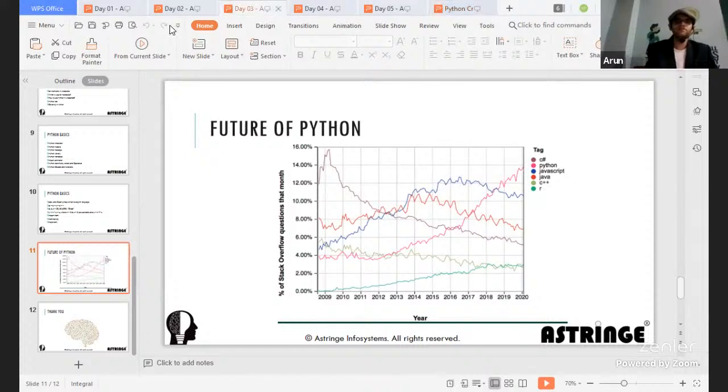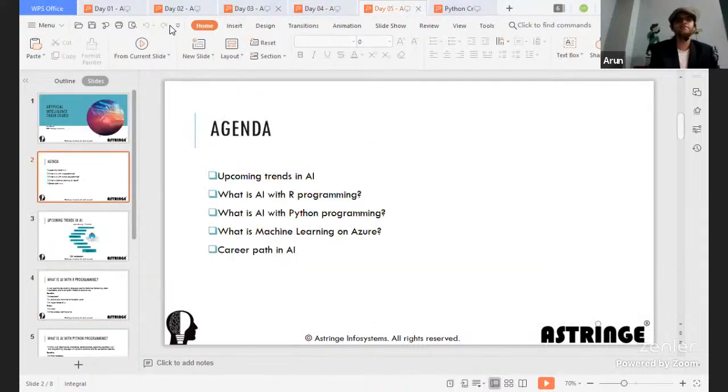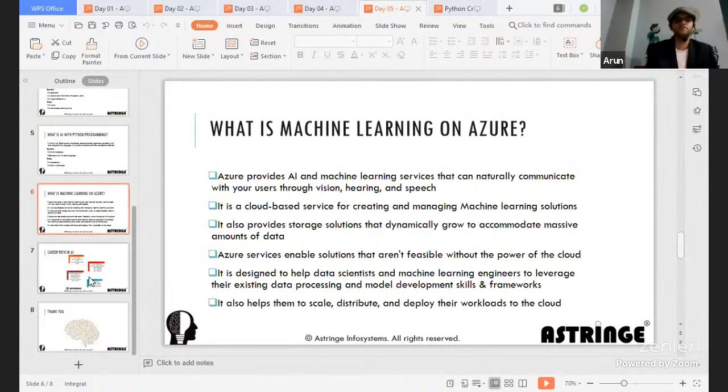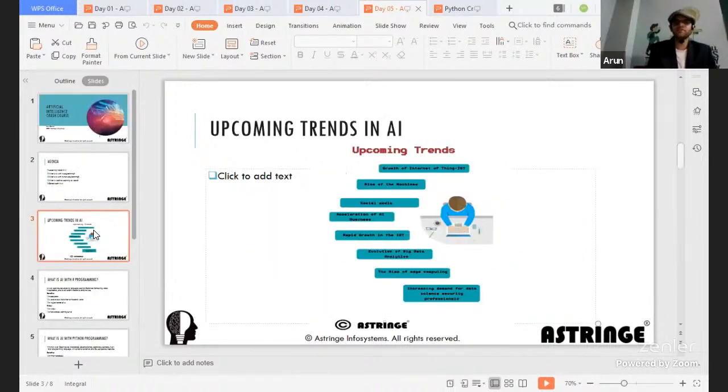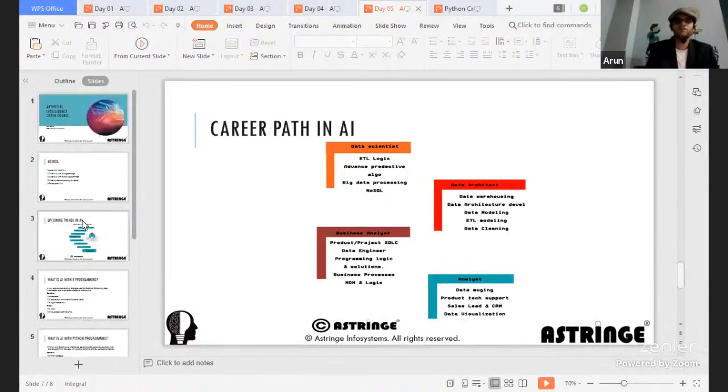Let me switch back to my previous slide. Okay, so we missed some things like upcoming trends in AI. There are a lot of upcoming trends. You can just check them out.